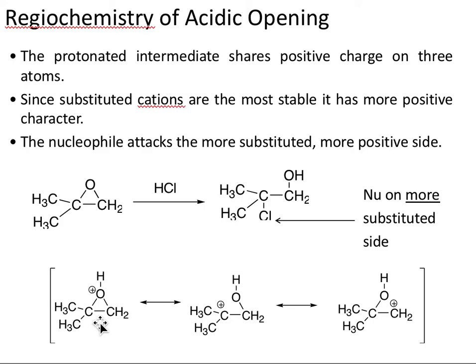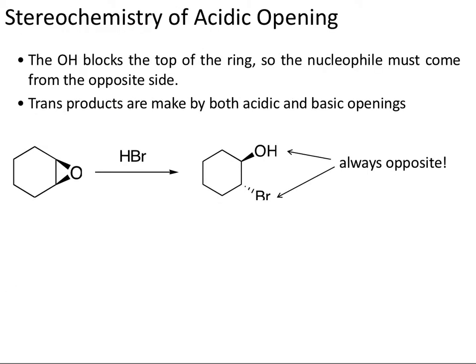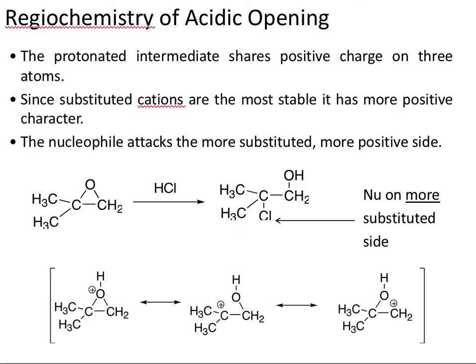Now, the one thing is that carbocations are flat. So when we're talking about SN1 reactions, our nucleophile could attack from either face of the carbocation, and if we were to have SN1 substitution of a cyclic compound, we would end up with both cis and trans products in roughly equal distributions. That's not what happens